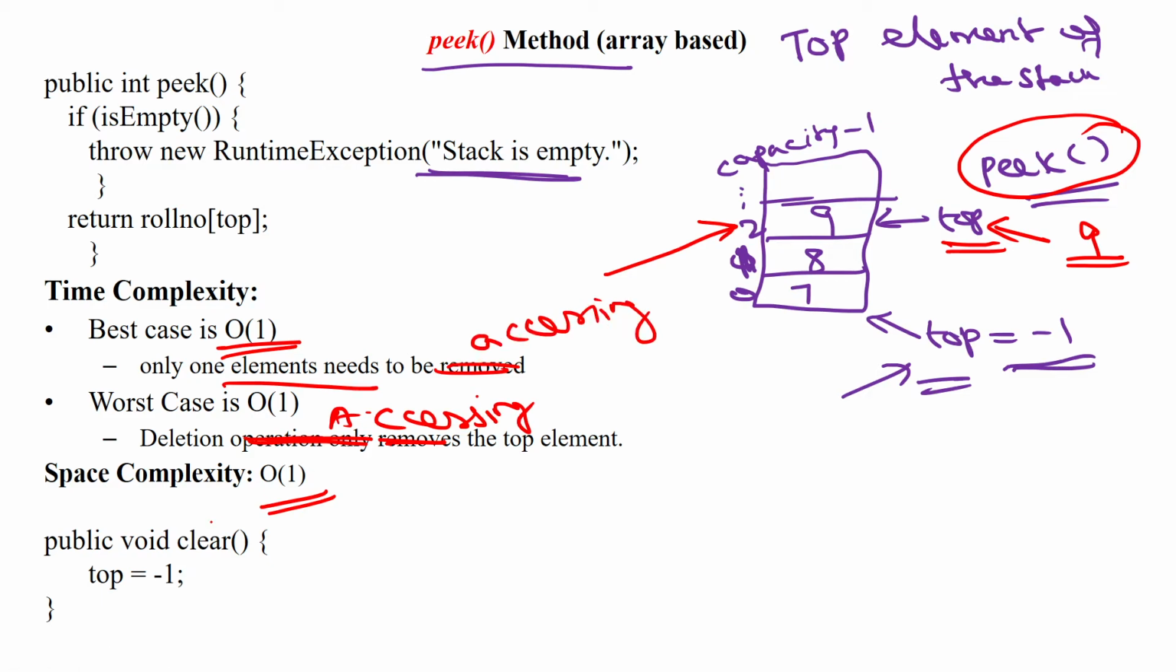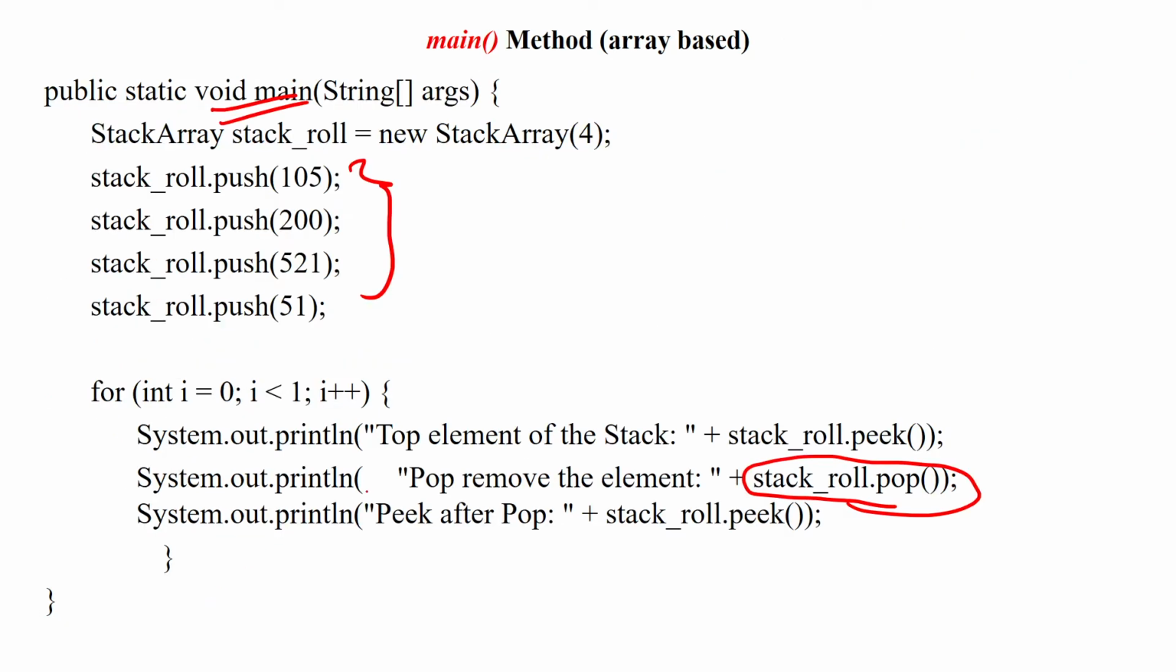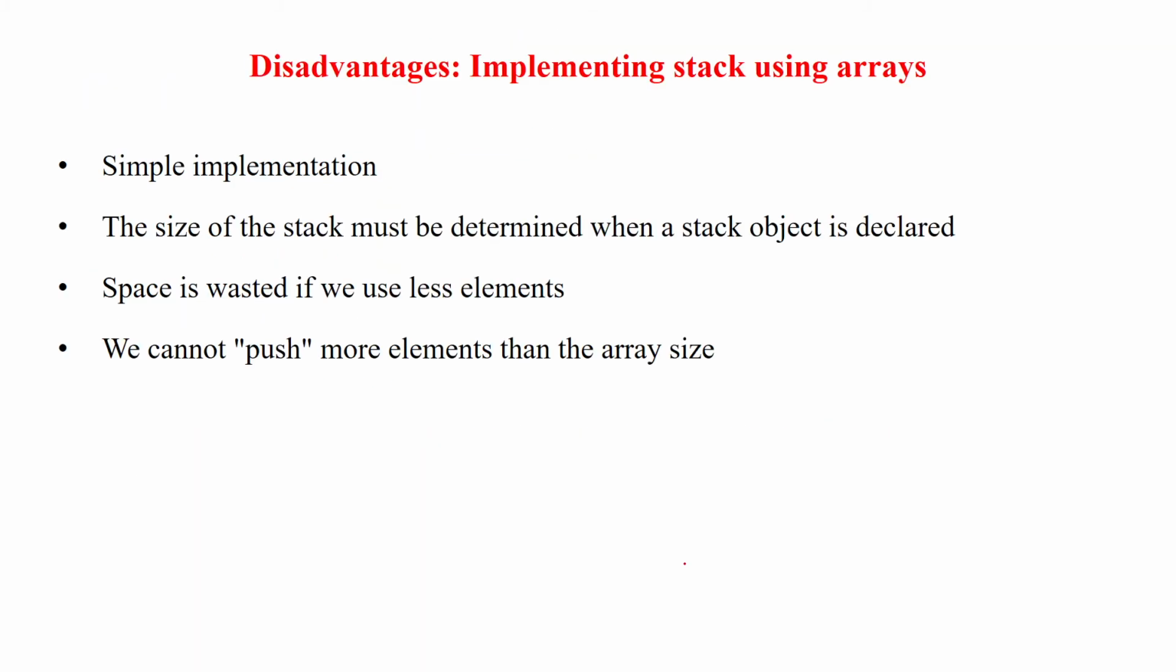Another method is the clear method. If you want to clear the entire stack, we can just set top equal to -1, so all the elements from the stack will be cleared. This is the method used inside the public static void main. Now the advantages and disadvantages of implementing the stack using an array: it is very simple to implement